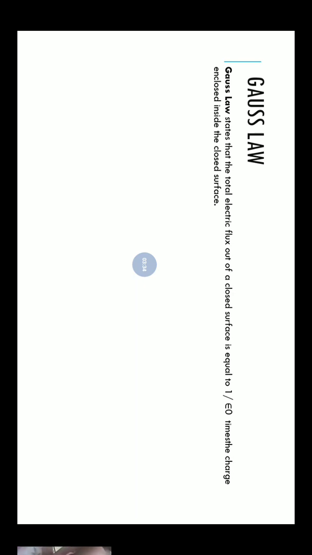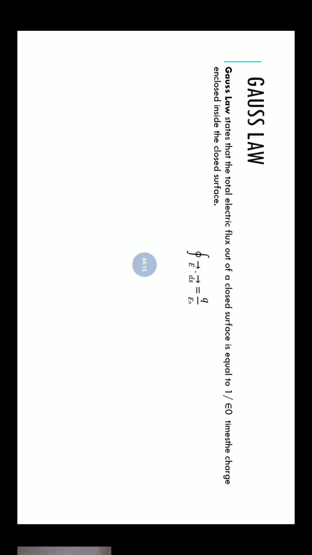So when a charge is placed inside a surface, electric field will be there only due to the charge. Now how do we calculate how many electric field lines are coming out of the surface? We did electric field lines, but they are imaginary lines. Then how do we calculate how many are coming out of the surface? That is using Gauss law, which states that the total flux is electric field multiplied by area vector. You can see the integral sign has a circle over it. That is the total electric flux out of a closed surface.